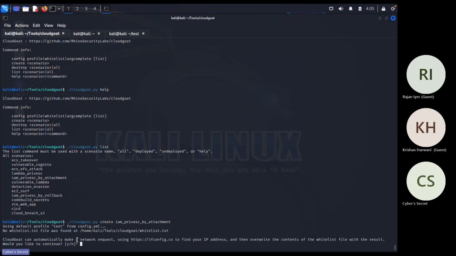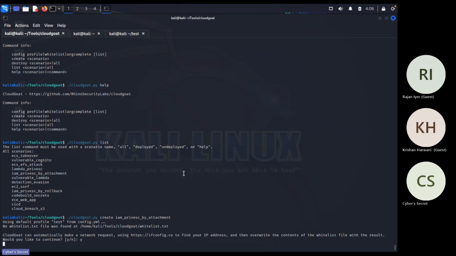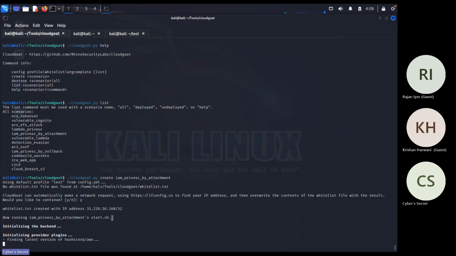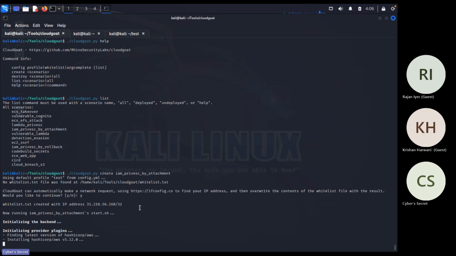CloudGoat can automatically make a network request. Would you like to continue? Okay, continue. So it will basically whitelist my own IP address. But don't worry, I am just giving a small demo of this tool, how to install it and how to use it. We are going to see that in a future lab. So hit enter. It started running some scripts. It is going to install these tools into my online account. But soon you will be able to see the error